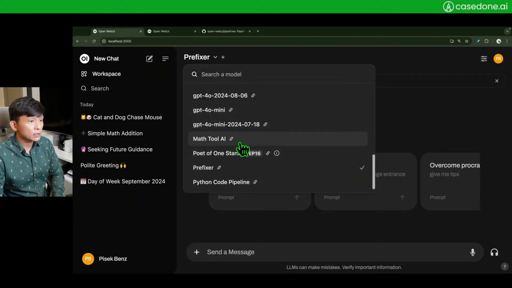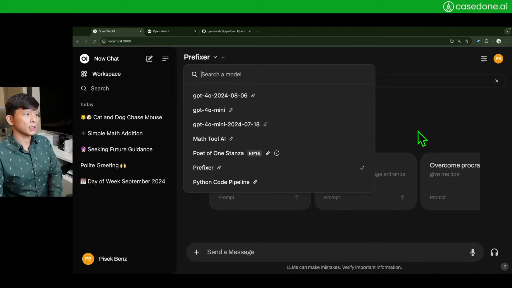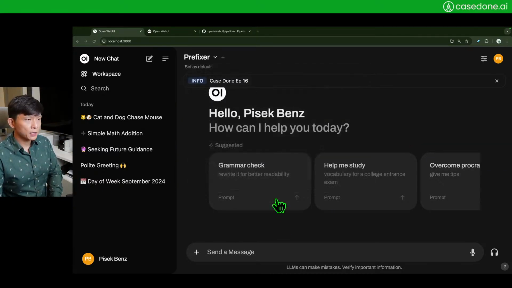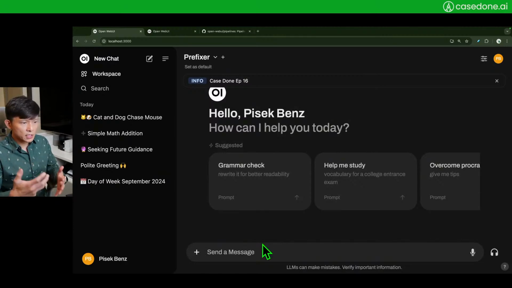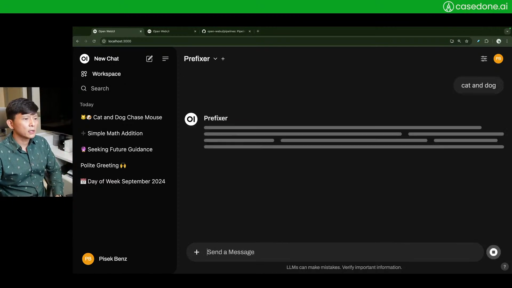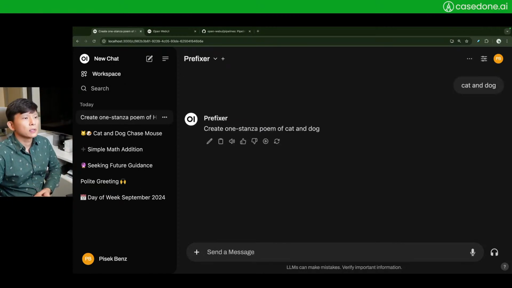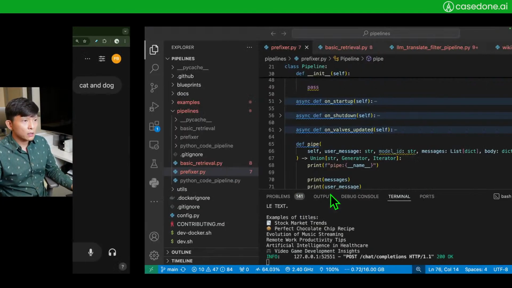It has an external tag because it's a pipeline. The pipeline is an external extension, pretty much. So this is a prefixer. If I give it a user message, this is what I get. Create stanza poem of cats and dogs. So yeah,